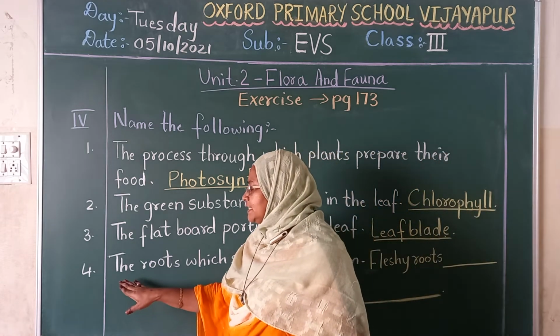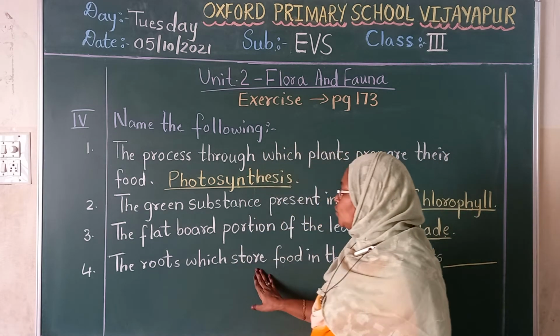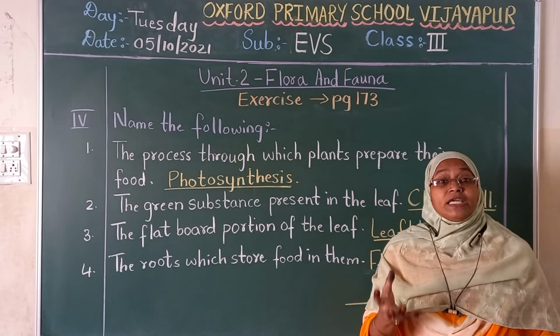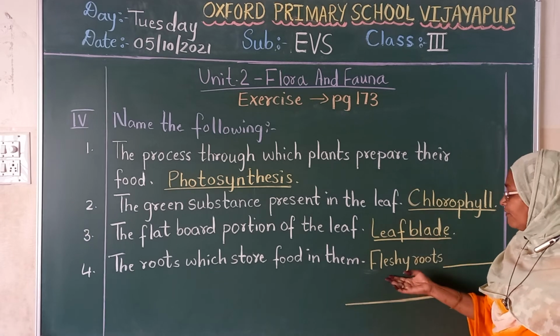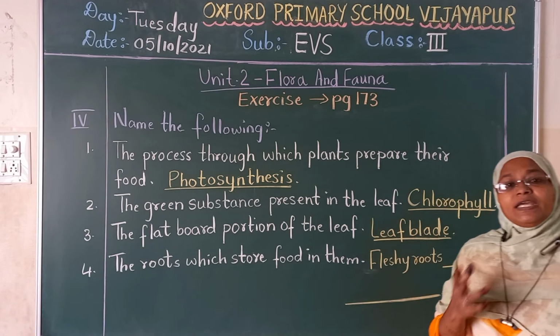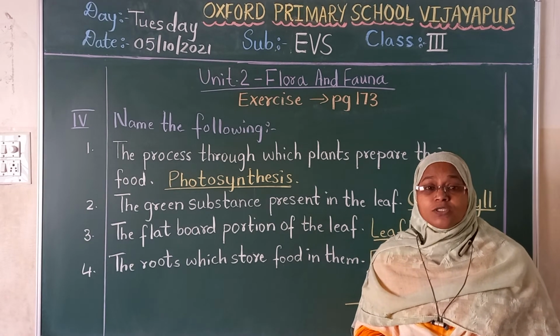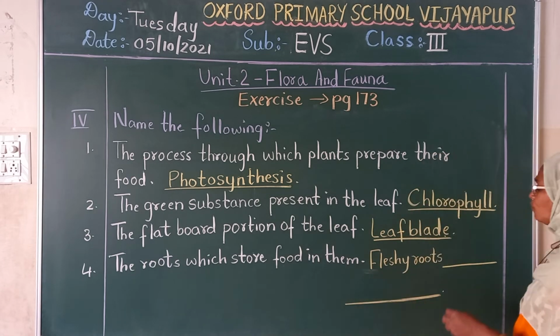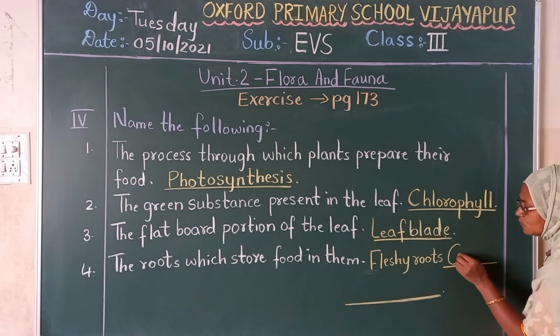Fourth one. What is the fourth sentence? The roots which store food in them. So the roots which are underground, which we eat raw. That is fleshy roots. It's like flesh we eat. It is fleshy roots. For that we call carrot and radish. So what will we write? Fleshy roots, that is